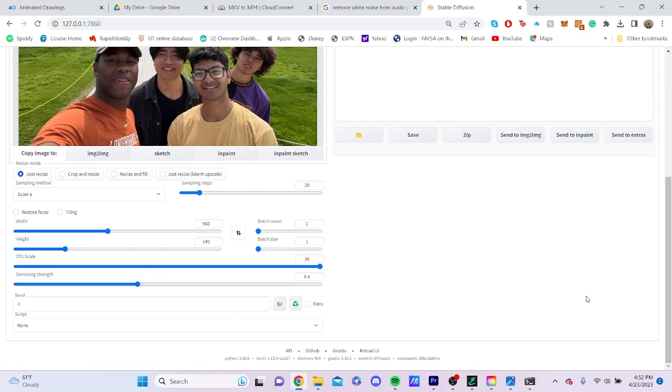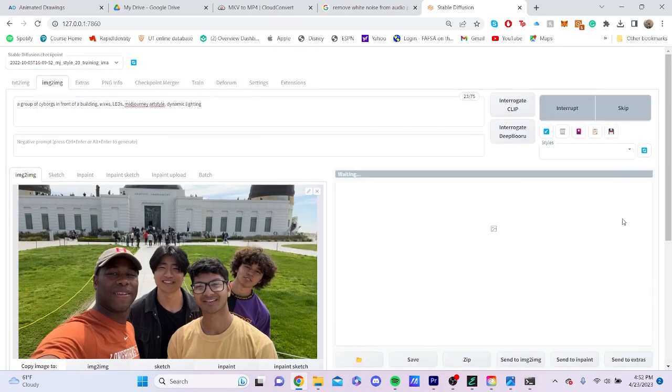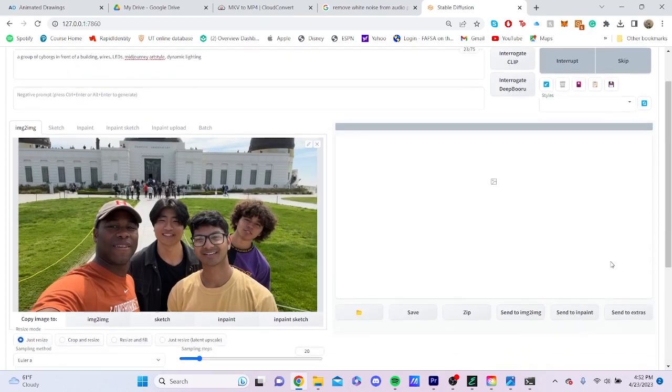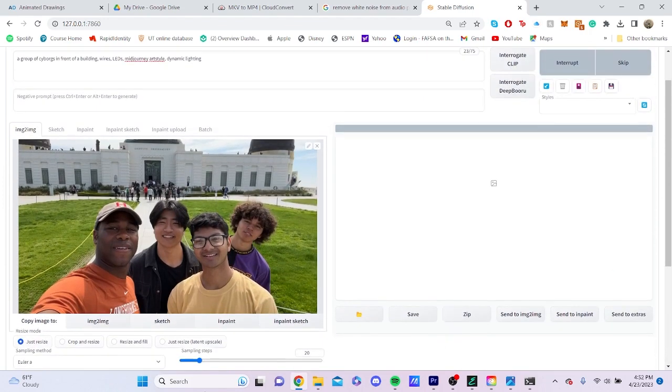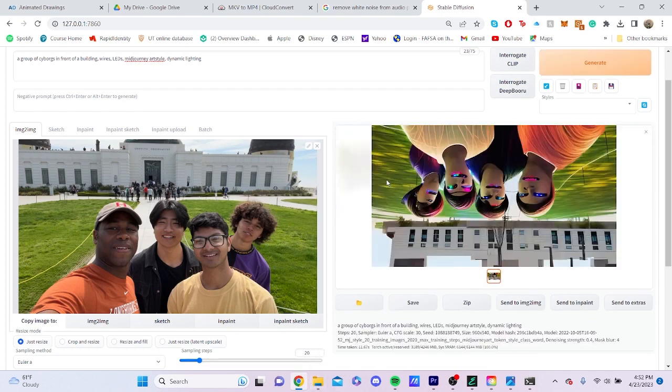So I found like around 0.4 is a good number. You can also raise the sampling steps, but for demonstration purposes, I'll just keep the 20, which is also not very bad. So it made the image upside down, but